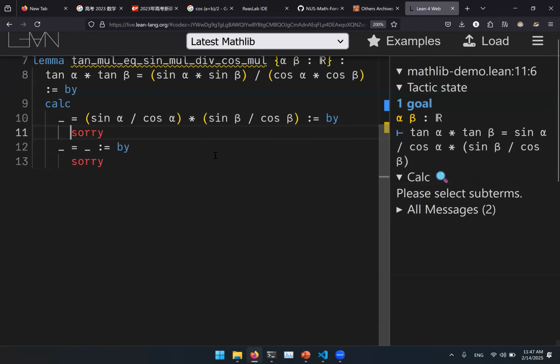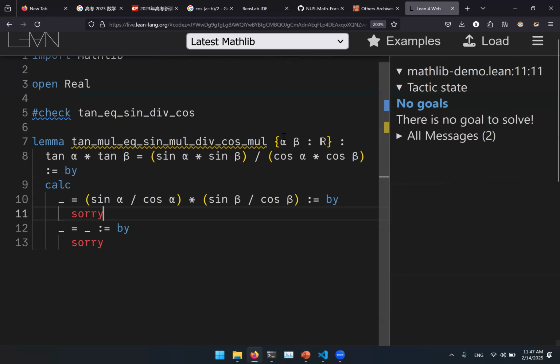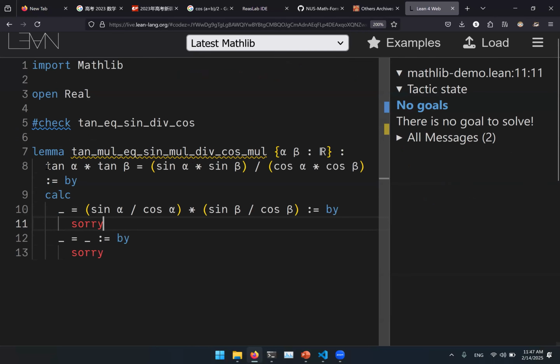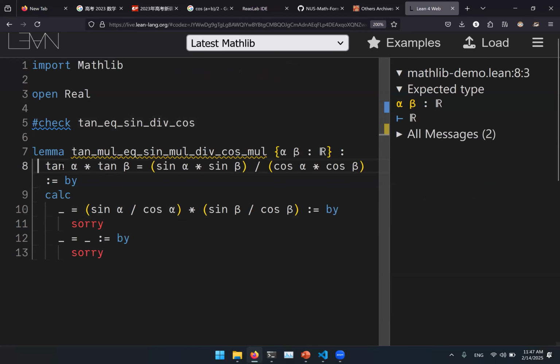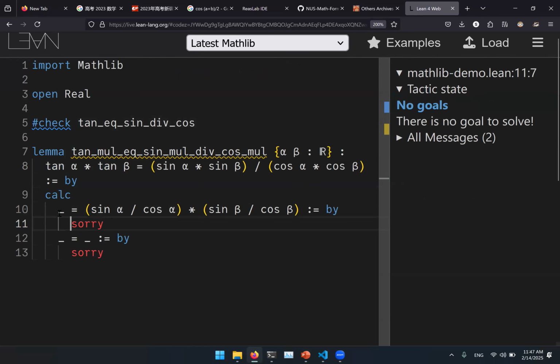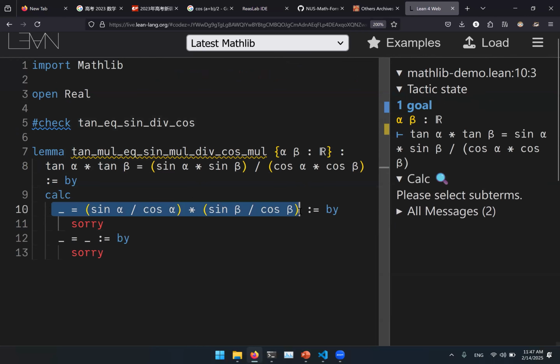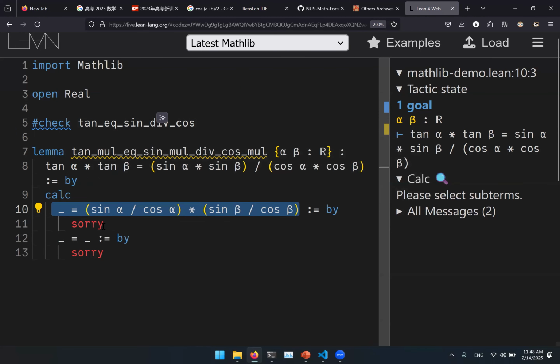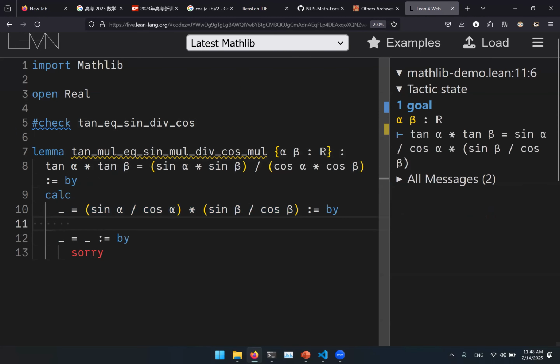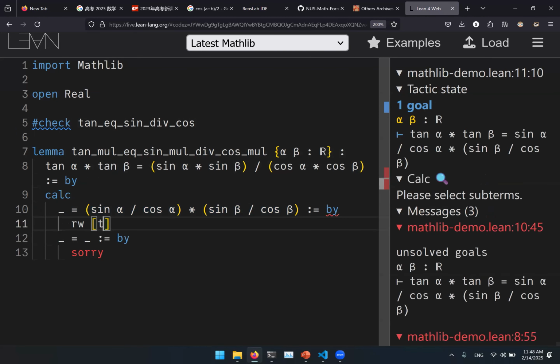So I will demonstrate how to prove this in a fast way. We prove this in two steps, right? We first need to expand tangent, because we cannot do anything with tangent, and then we do the calculation to get it right. So first we write the equality. This is what we expect after we expand tangent. So we use this theorem to